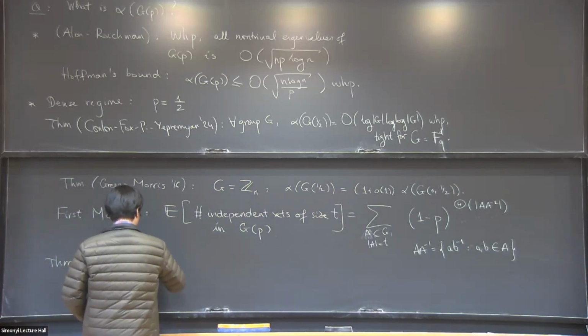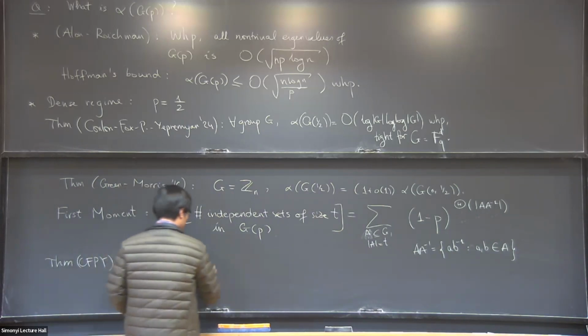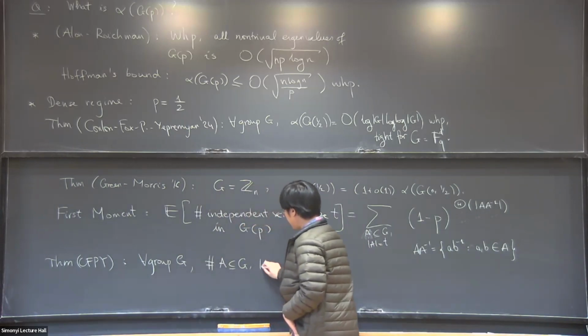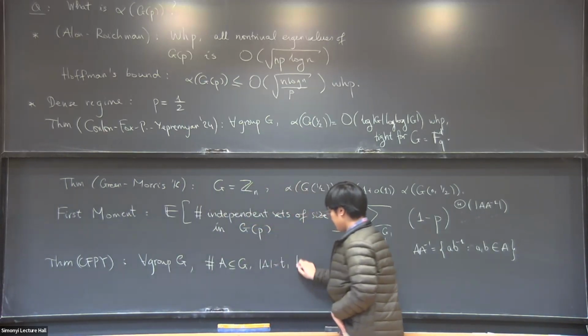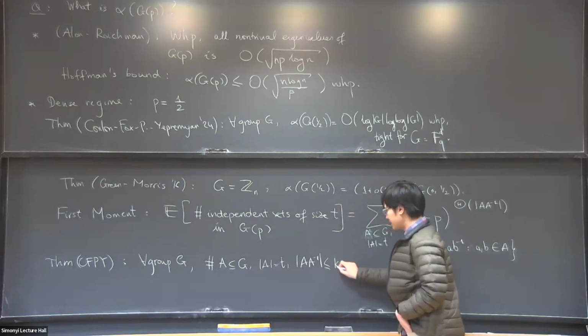We show that for all groups G, the number of subsets A in G of size T such that the product set A times A inverse is small, at most K times T,